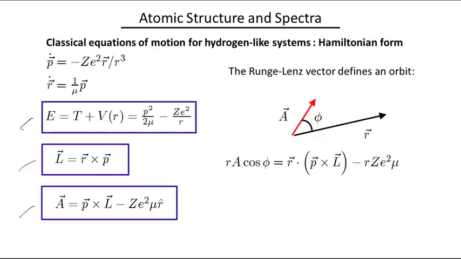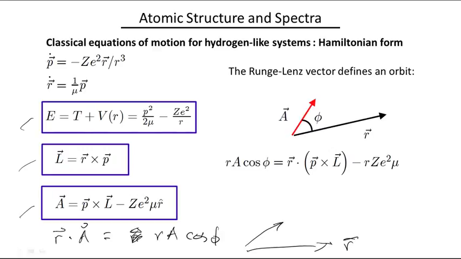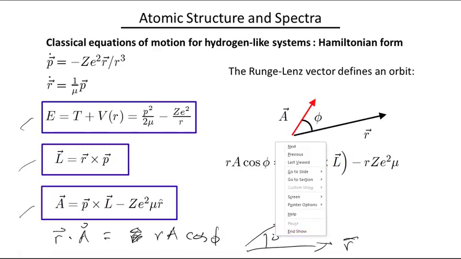Let's calculate the scalar product of R dot A, which is RA cosine phi, if this is R, and that's A, and that's phi. So we know, first of all, that A lies in the same plane as R